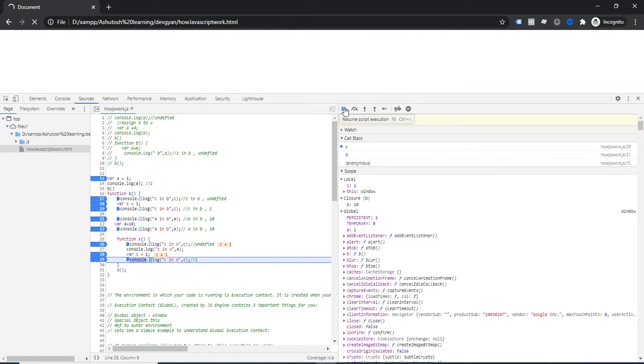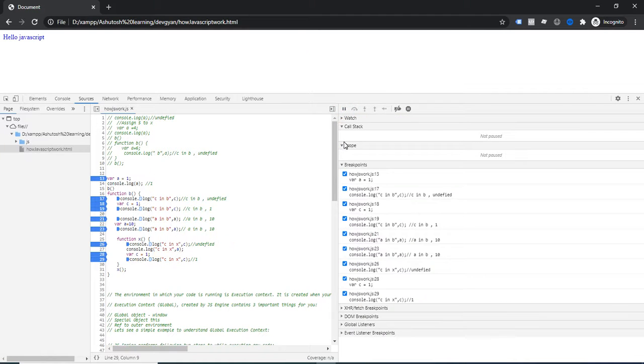And if I resume again, then what will happen? With last in first out, X was last in, so it will be popped out, then B will be popped out, then anonymous will be popped out, because execution is completed. If execution completes, then it is removed from the call stack. So just resume it, and you can notice everything is removed from the call stack, and whatever output is available will be printed, because we have used only a console log.